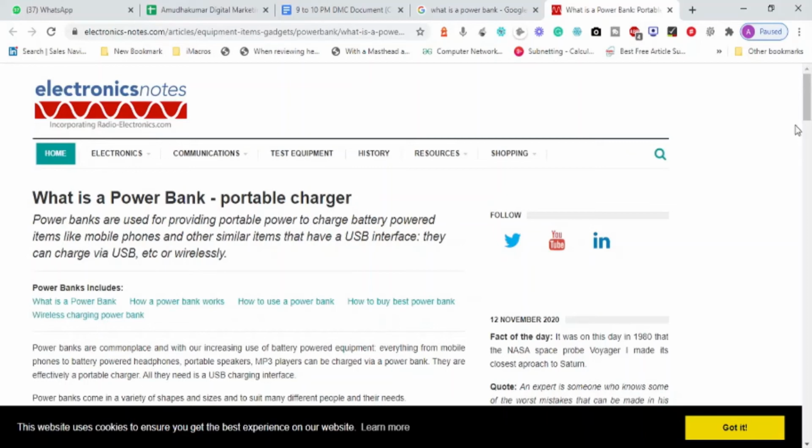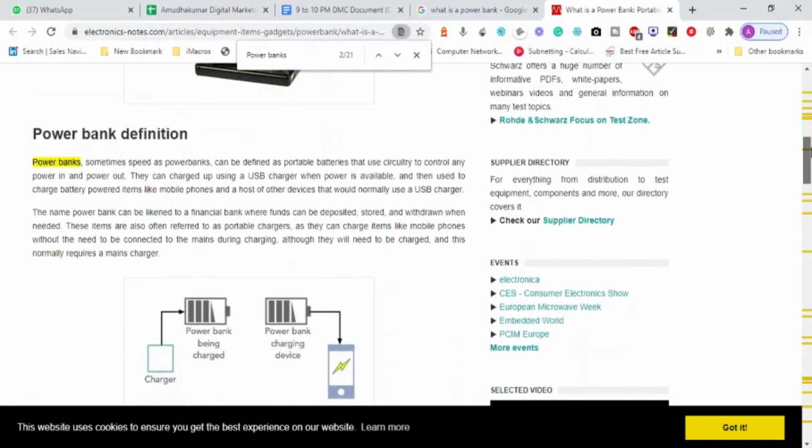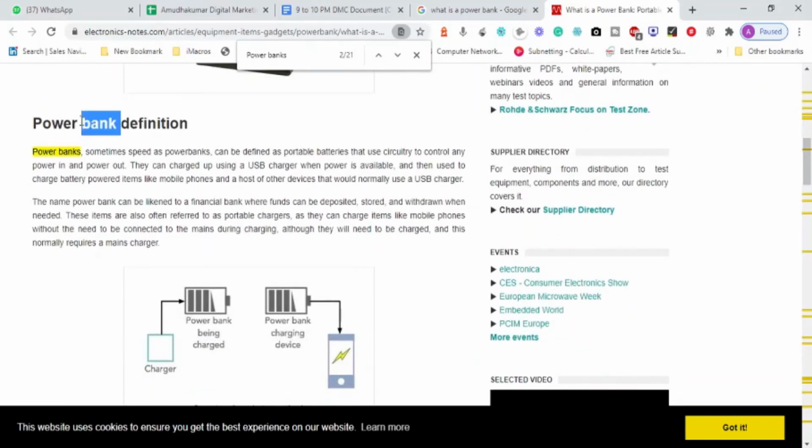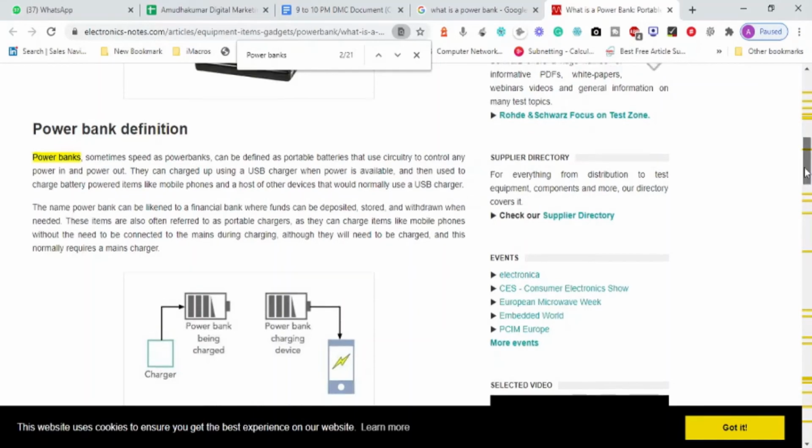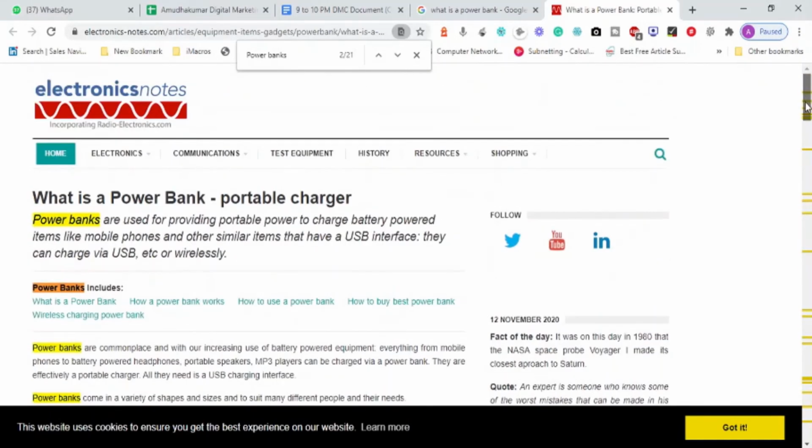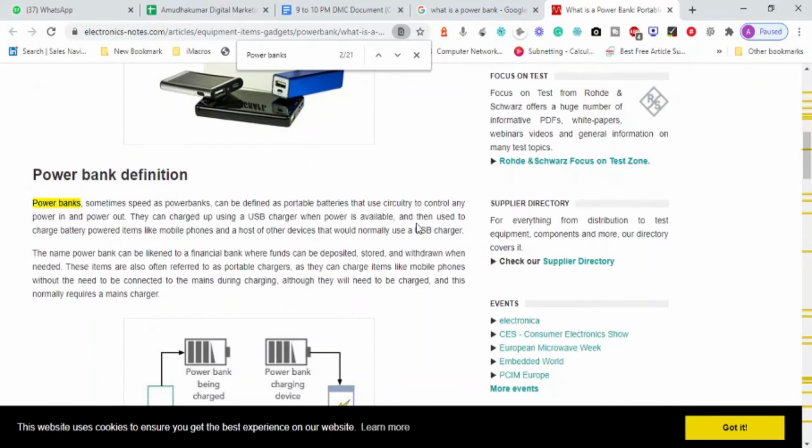So basically now the heading has my query, what is power bank? Now it is starting with the power bank, correct? Right, and if I check control F, see, power bank is used in several places. See the subtitle, this is power bank definition. Can you see here? How did you identify this is a subheading or subtitle? Because this is a little smaller than the title. Little smaller than the title, which means this is a subtitle, which means maybe an h2 or h3.